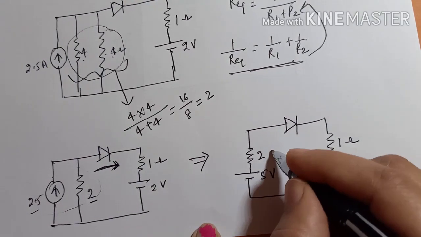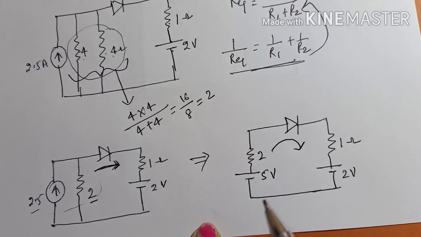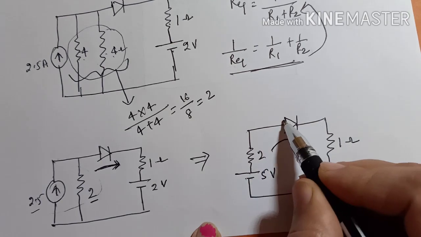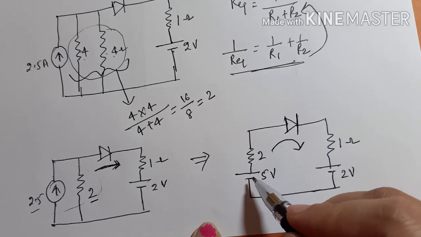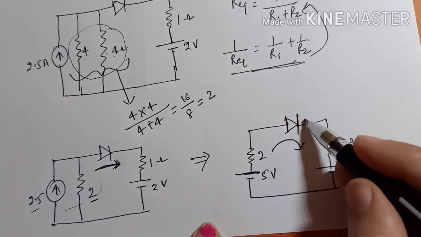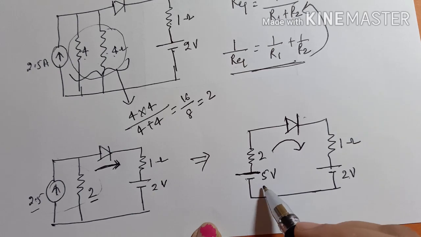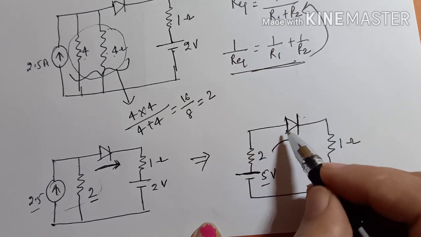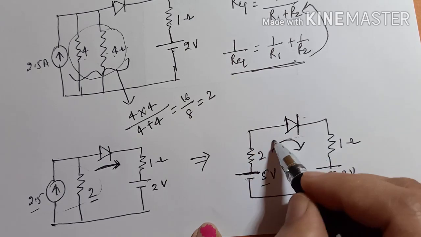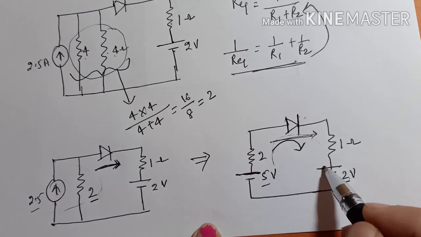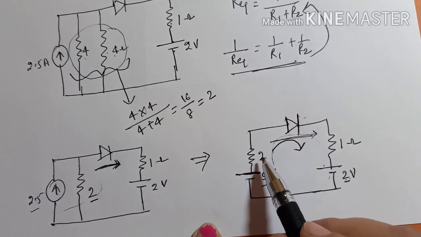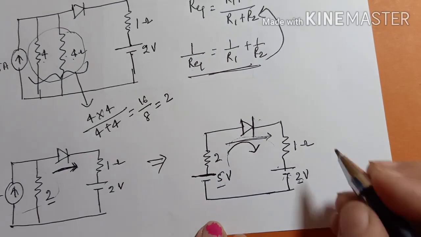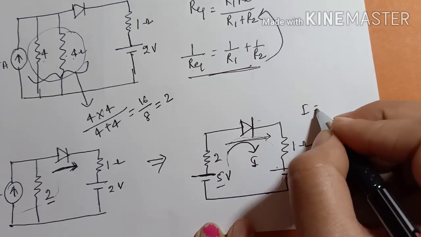In this circuit you need to find the current flowing through this diode. So an ideal diode, when it is forward biased, acts as a short circuit. So here, this is the positive side of the diode, this is the negative side of the diode. The positive side is connected to the 5 volt battery, the negative side is connected to the 2 volt battery. So 5 volt is greater than 2 volt, which means this diode will be forward biased. So if forward biased, this diode will act as a short circuit. Clear? Then what will be the current value? The current flowing through it is total voltage drop divided by total resistance. So what is the total voltage drop here?